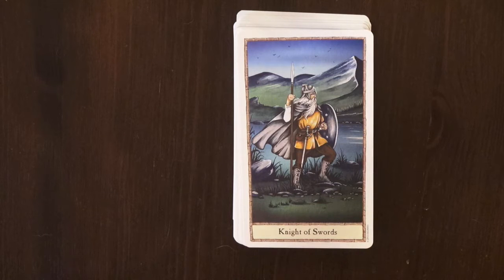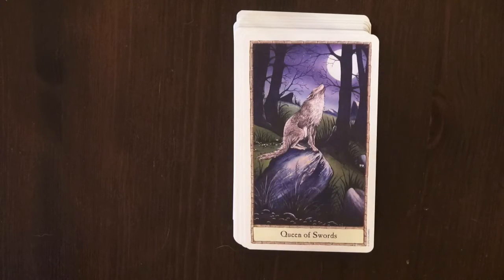Knight of Swords is a warrior of Lake Town. Then we have the Queen of Swords. I think that's beautiful, a beautiful image. But a female warg calls out a shuddering cry for her pack. Where are they? Are they slain? After the Battle of the Five Armies, we see now the grief and mourning of one of the female leaders